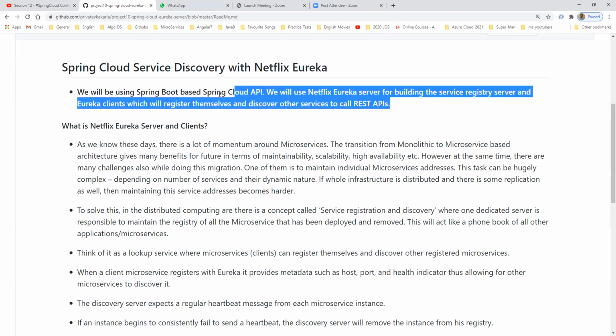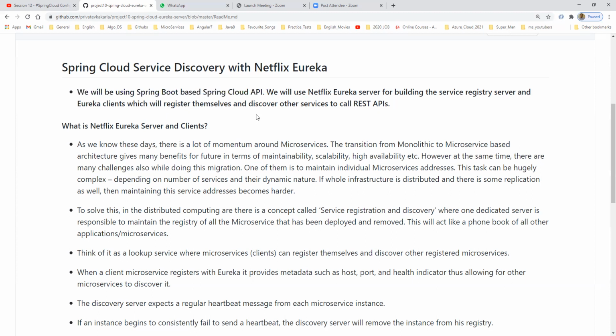Simply, in two statements: we can register our service in the Eureka server, and if we want to call another service, we can find that service's information in the Eureka server. Why do we need to register and find other services? We will see now. First, what are the Netflix Eureka server and clients?